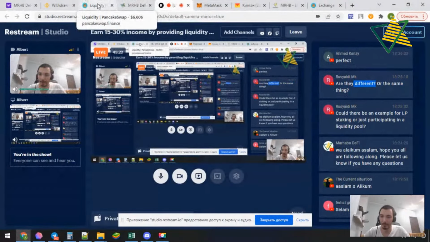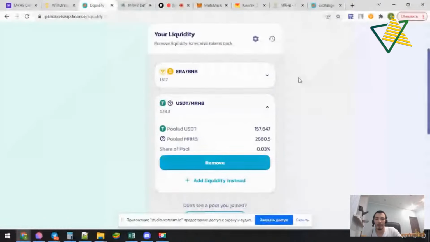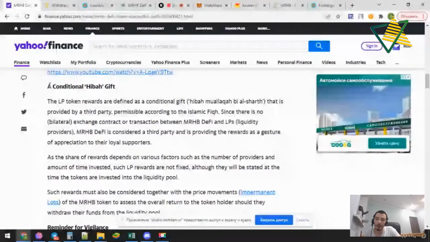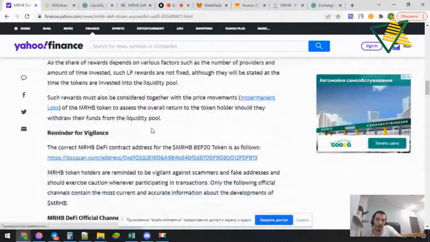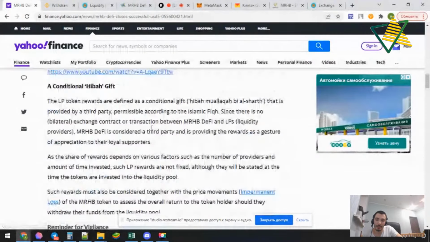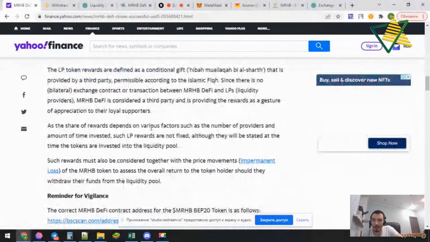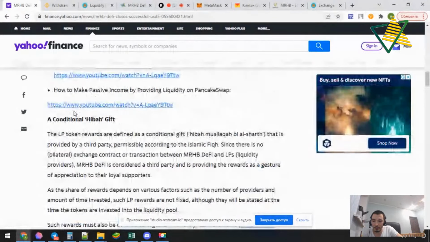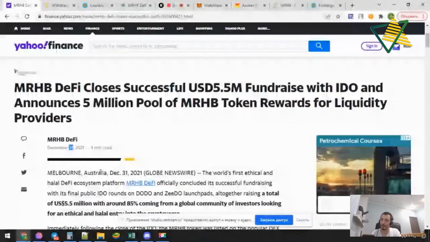Okay, let's continue. Now we have liquidity, and as I mentioned at the beginning of our lesson, we also have a gift from MRHB for liquidity providers, and this reward is given during 90 days, and as it started on the 31st of December, you can understand that it will finish at the beginning of April.